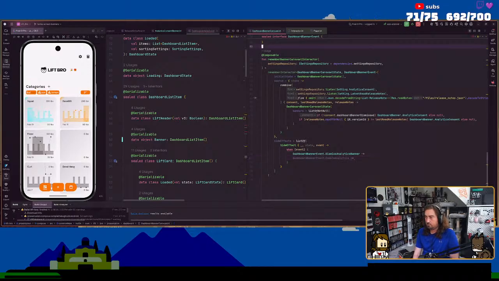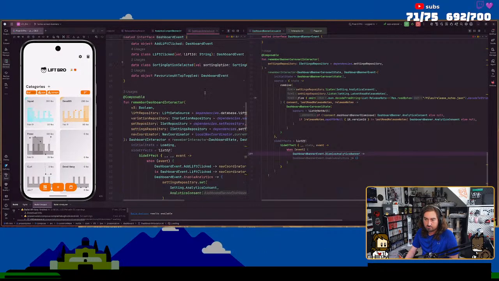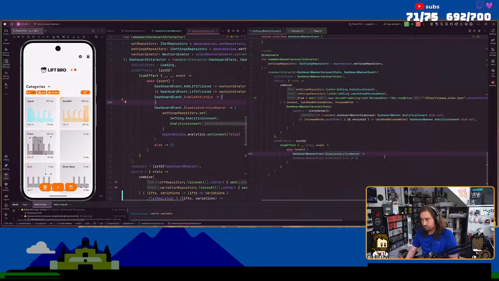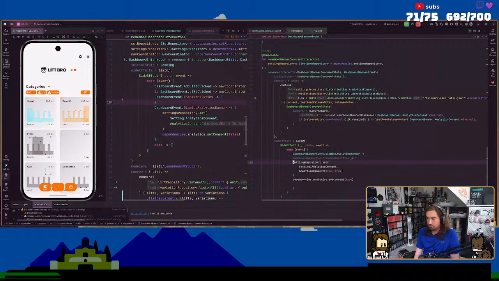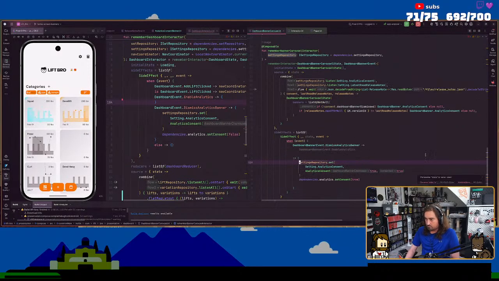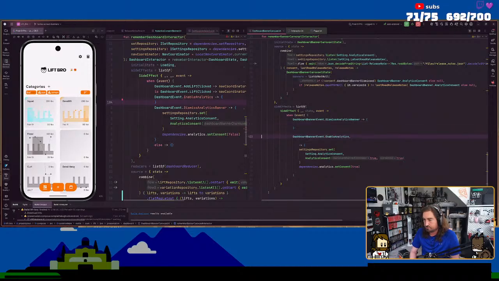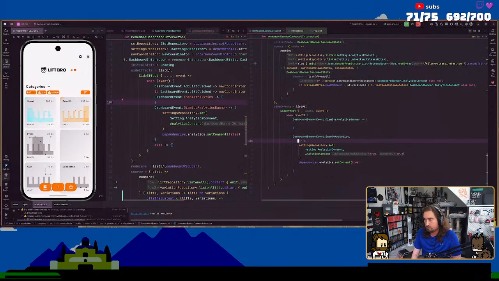All right. Whoa. What I want to do is I actually want to yank it from here. D4 down. And that was enable analytics. And then we have, oh, disable. That's why the brackets went weird. And now they went even weirder.